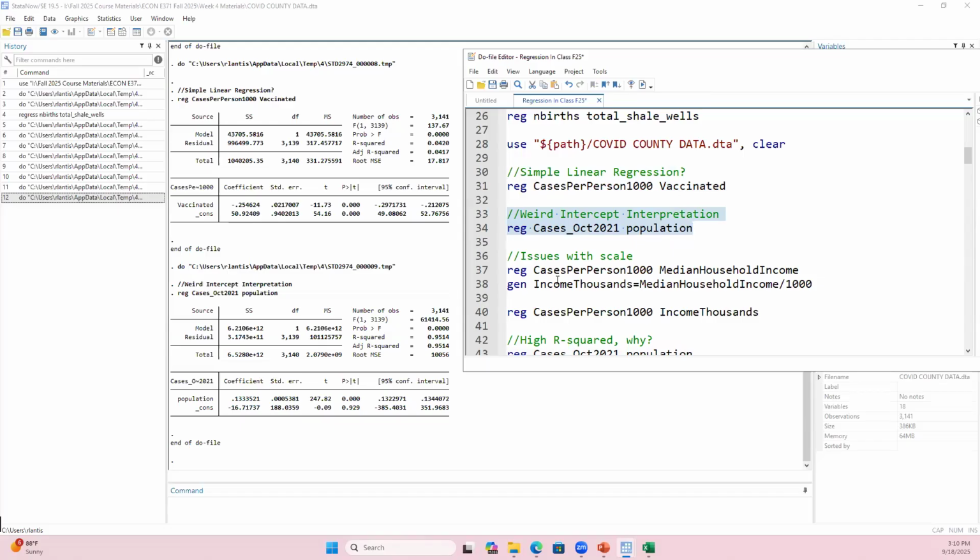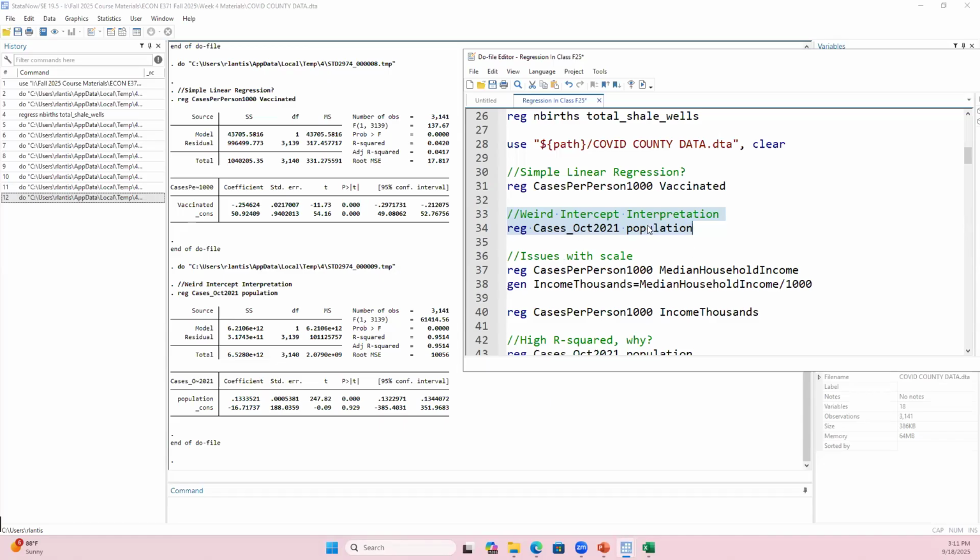So notice I looked at a specific variable here, which was the number of cases in one month. That's just because I wanted to make sure I had an example that looked kind of weird for you guys. If I'm trying to predict the number of COVID cases a county had in October 2021, and I'm trying to use their population, with the idea in mind that larger populations, more people in the same physical area,